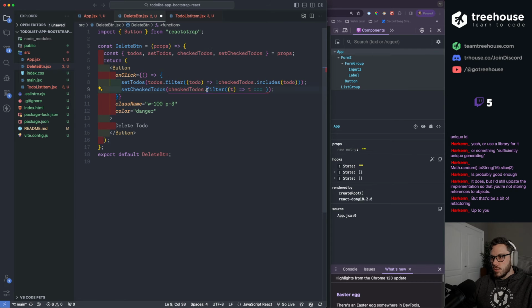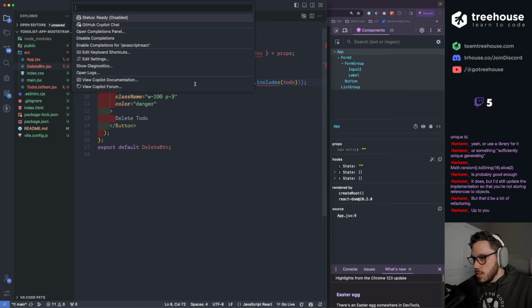All of our checked todos.filter, we're going to take each todo, and if todo is equal to... yeah, I'm drawing a blank here.